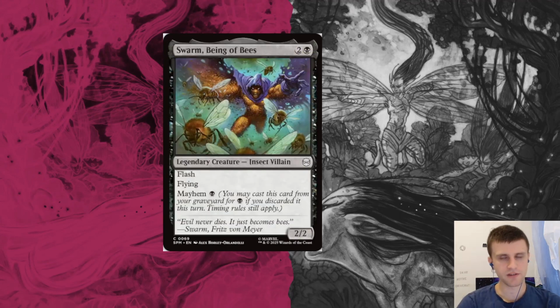And my personal favorite, in spot number 1 we have Swarm Being of Bees. This is a 3 mana 2/2 with Flash and Flying. It's legendary yet again, which means it doesn't die to Cast Down, but you don't want to have multiples, and it